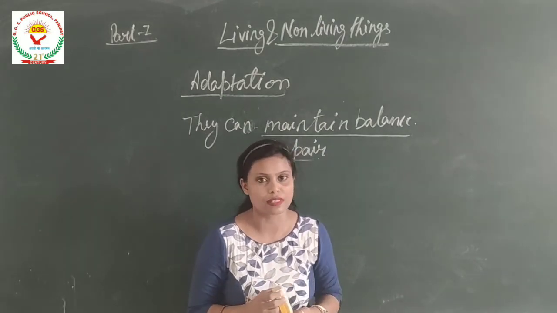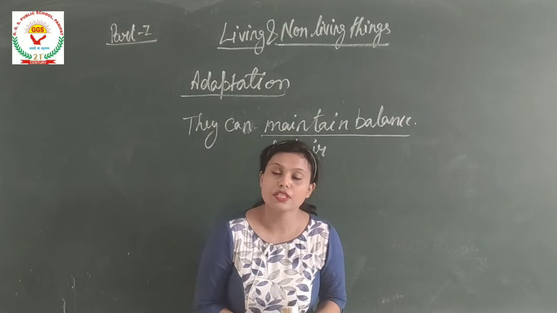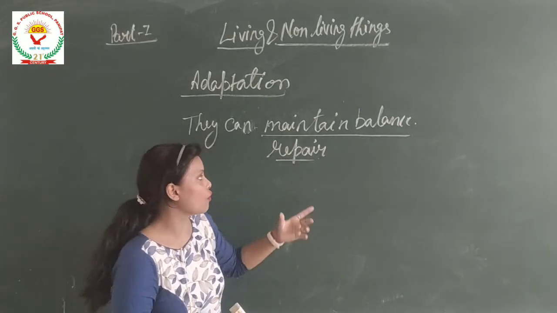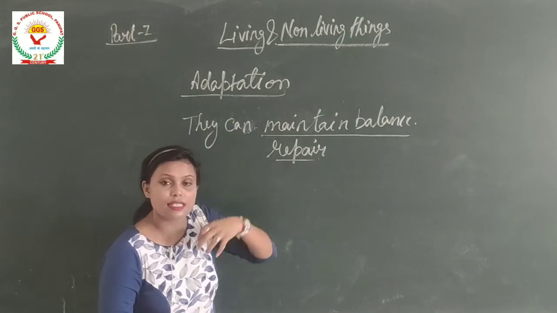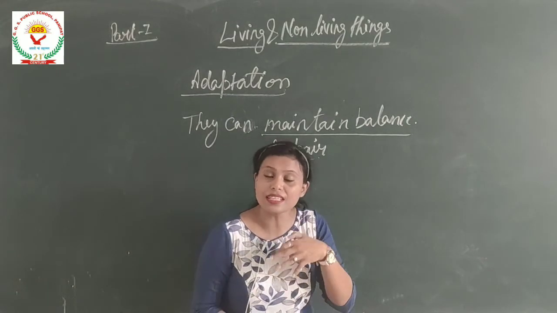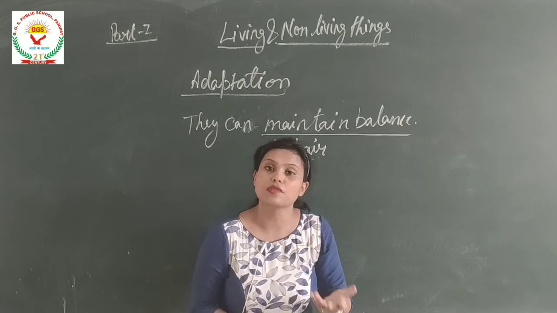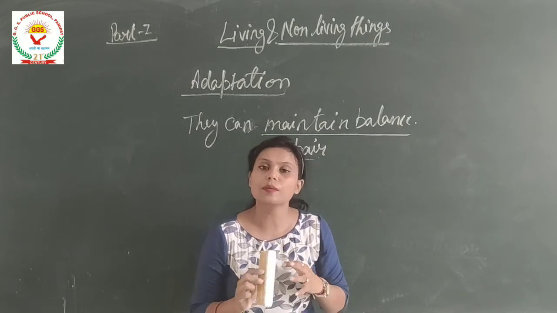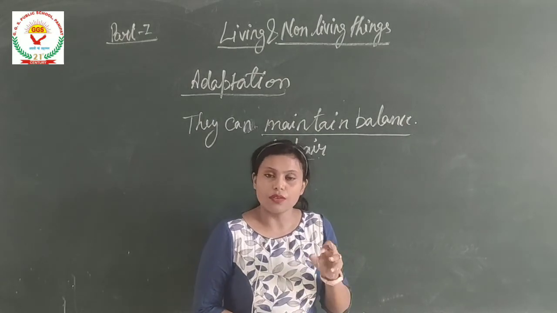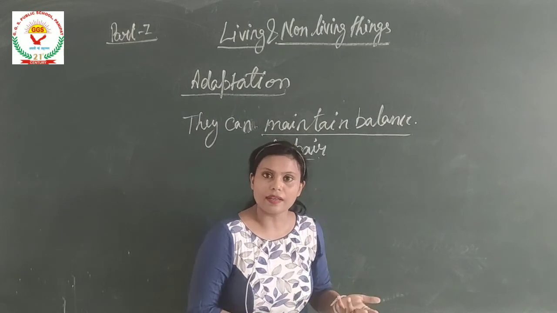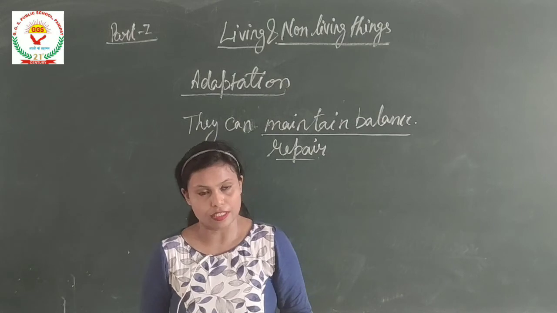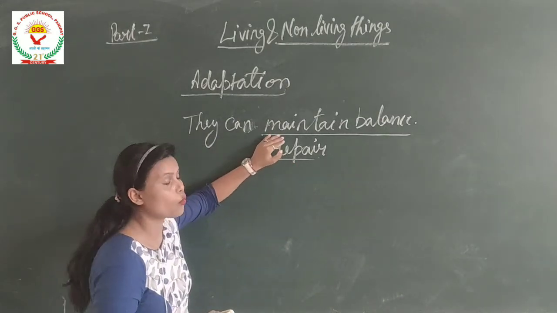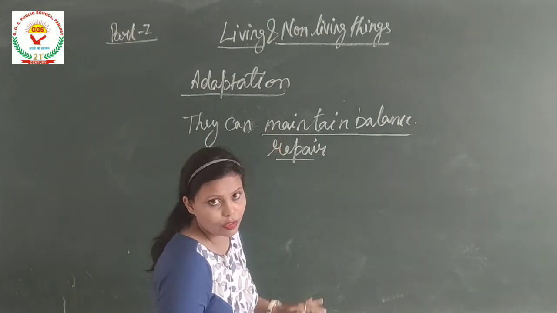How it happens? This is happen due to the ability of repairing of our body. That means the cells in our body which are present in our body repair themselves. The cut or the burn or the wound which we have got by hurting is repaired by the living organism. This feature is only present in the living organism.